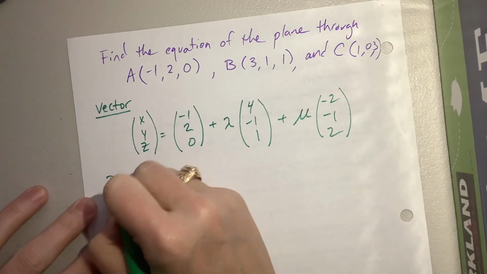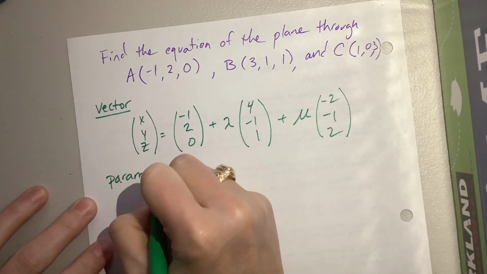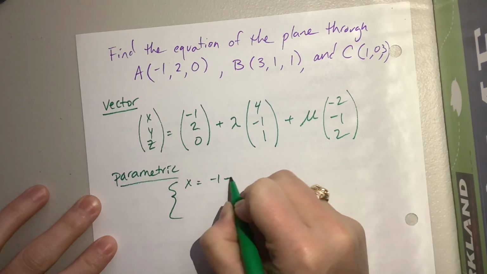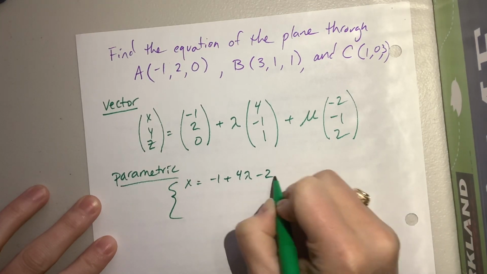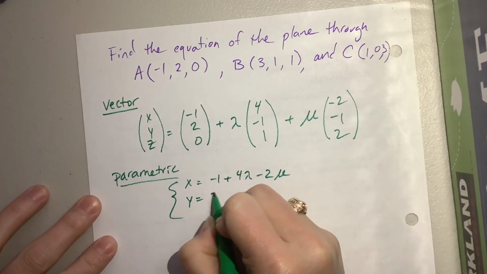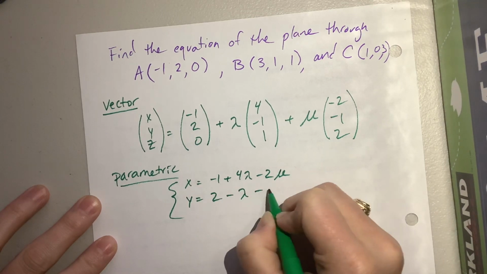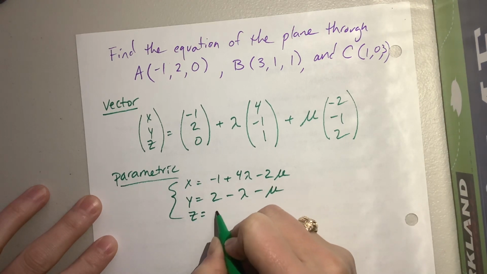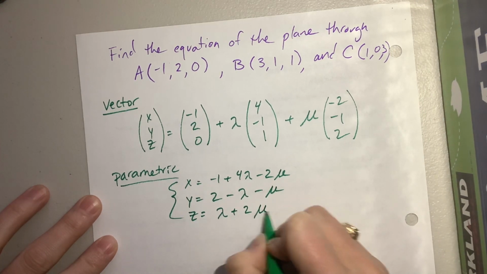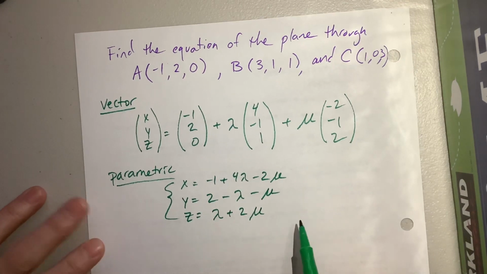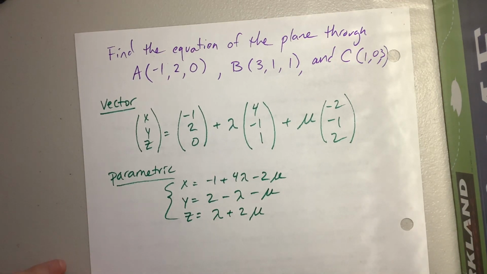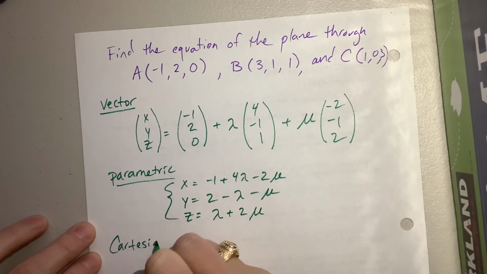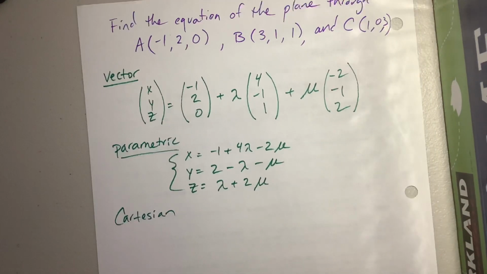And so you can change that to parametric if you feel so inspired. Just x is equal to negative 1 plus 4 lambda minus 2 mu. Y is equal to 2 minus lambda minus mu. And z is equal to, well, it would just be lambda plus 2 mu. Okay, that behaved just like we saw with the equation of lines. Okay, so now if we want to come up with a Cartesian, what we need to do first is we